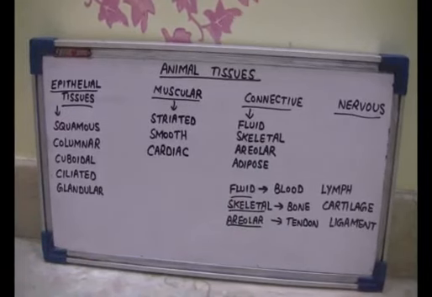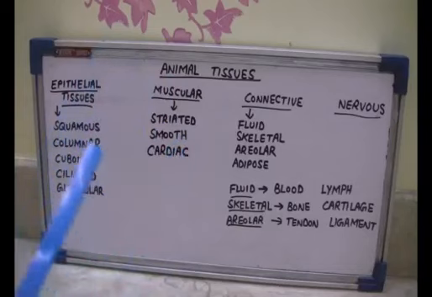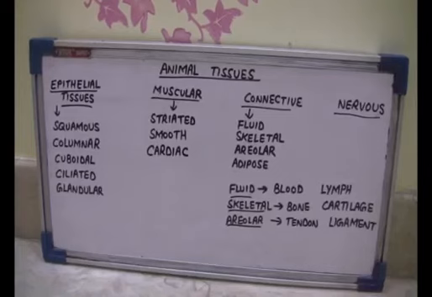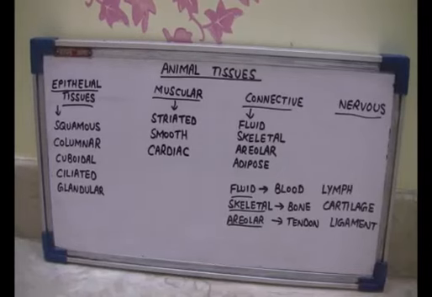The cells of the connective tissue are loosely spaced, and they are embedded in an intercellular matrix, and this matrix may be jelly-like, fluid, dense or rigid. And the nature of the matrix differs in accordance with the function of the particular connective tissue. Now we come to the nervous tissues. The nervous tissues don't have many types. They are simply made of neurons, the nerve cells. Neurons are the longest cells in the human body. All these neuron cells possess the ability to respond to stimulus.